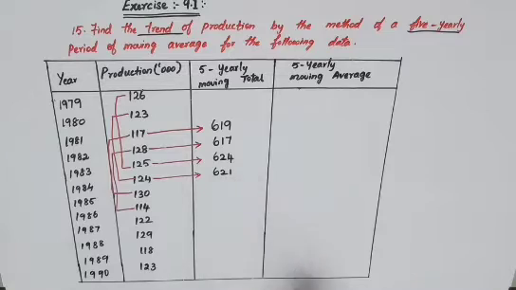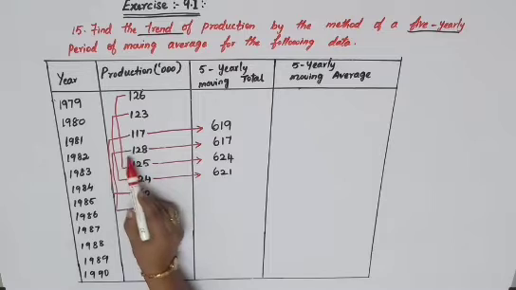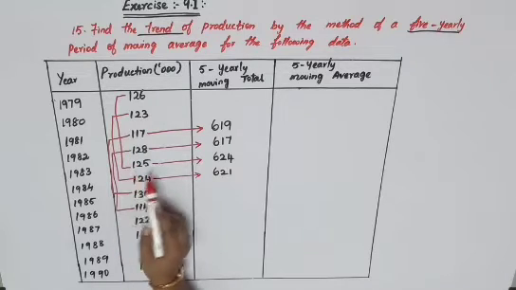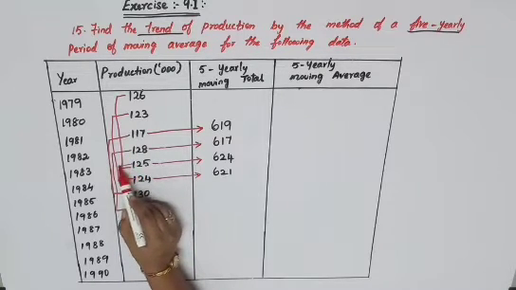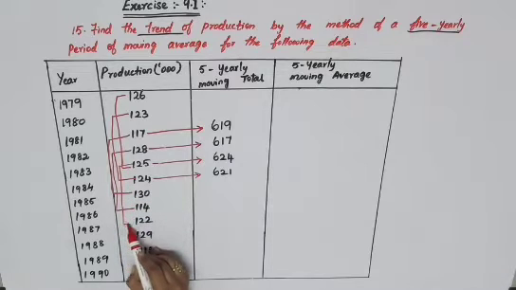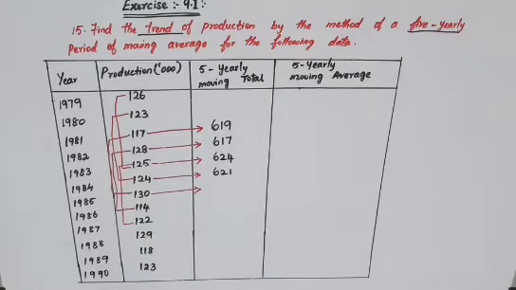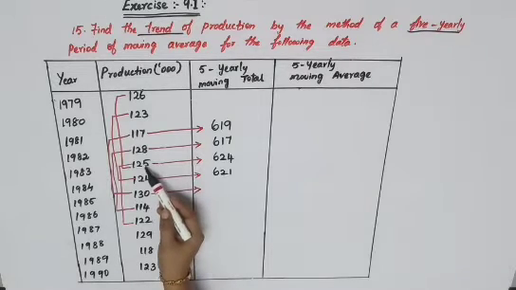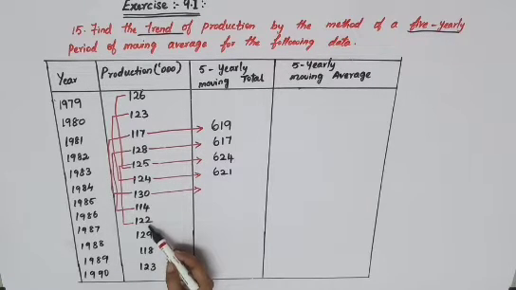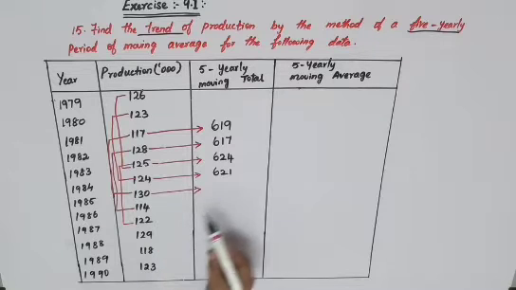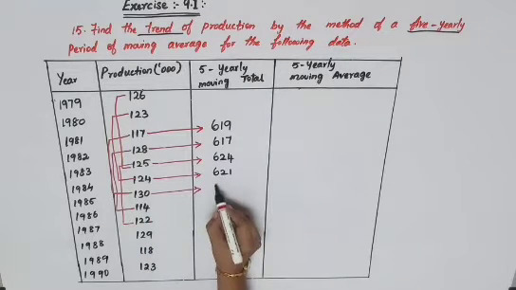You can use your calculator and add it and check it. The next will be starting from your 125. Here I have completed, so you'll have to start from your 125. Starting from 125 to your next number 122, the middle number will be 130. So you'll have to add and write straight to 130. Adding from 125 to 122, you will get your answer as 615. So straight to 130, you will have to write your 650.